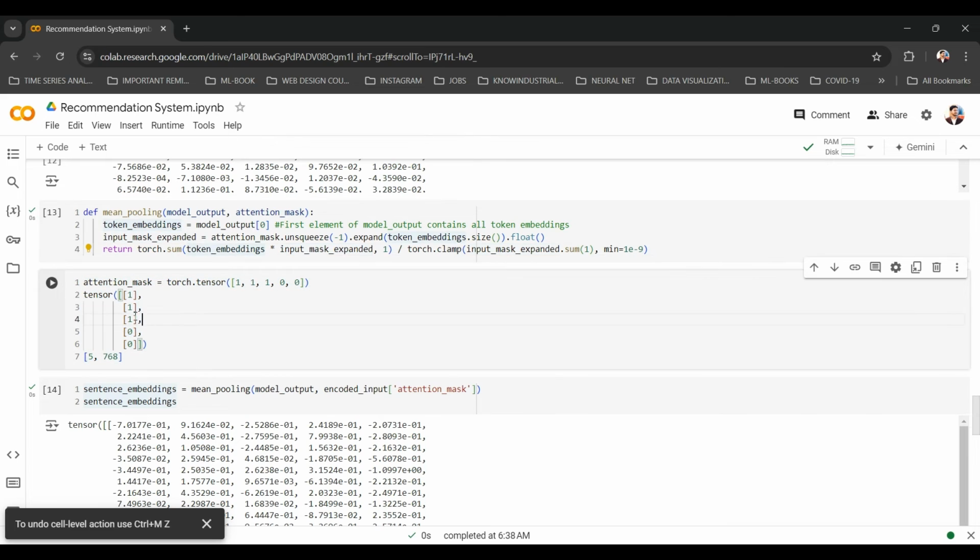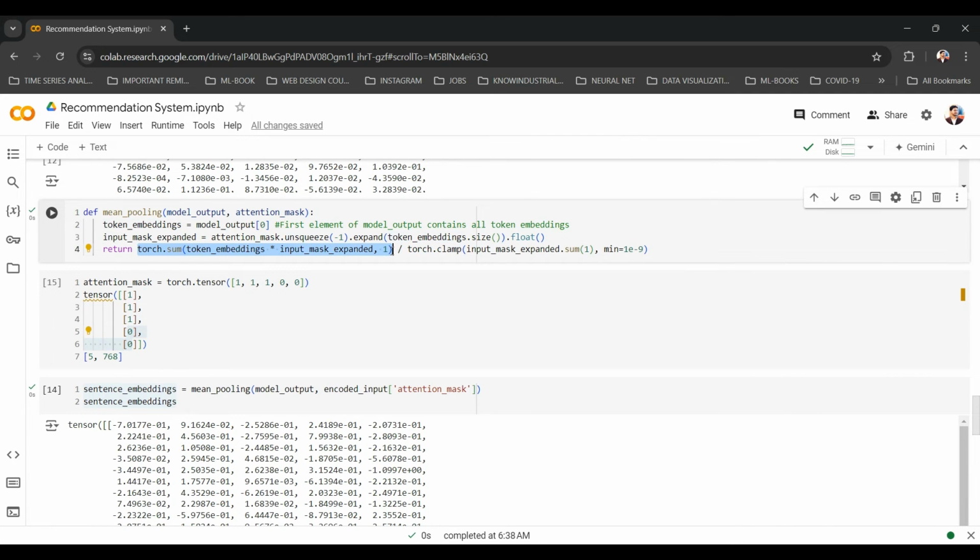It has zeros here. So whatever tokens were invalid, all of their embeddings will be multiplied with 0, and the output will be 0, basically making the invalid token embeddings 0. And we will sum it up here, torch dot sum,